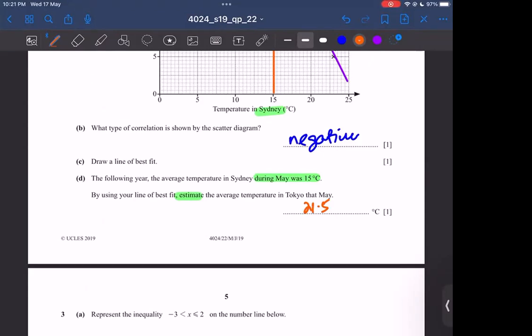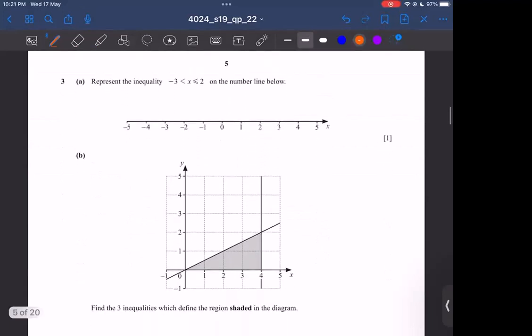Okay. So we have question number 3. It says represent the inequality. We have this inequality over here, and they are asking to represent the inequality in the line form. Is that okay? So whenever you write the inequality in the line form,